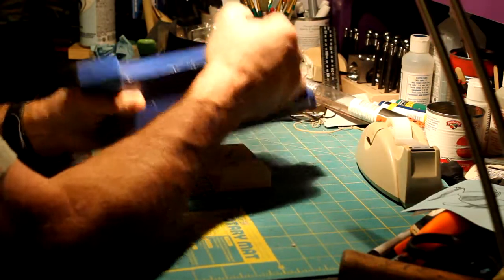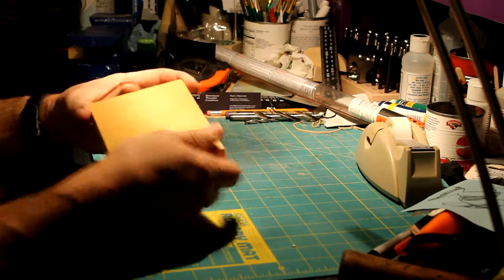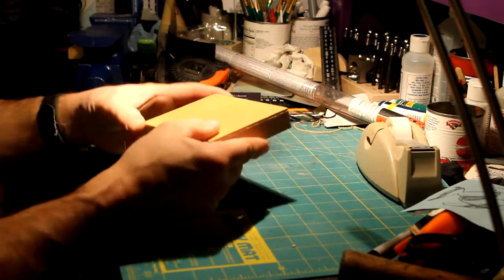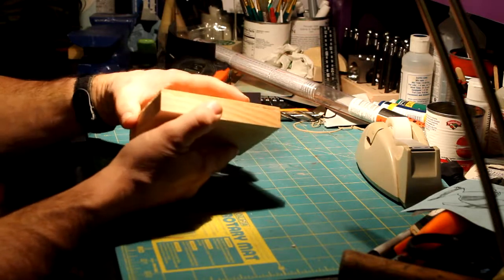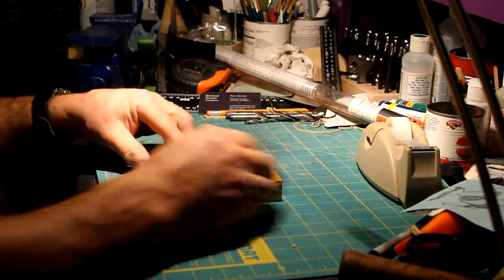Okay, this has been on here long enough, and I had to go out for a few hours shopping, so that's plenty of time. This is solidly bonded linoleum to the wood. I have a nice flat surface to work on,